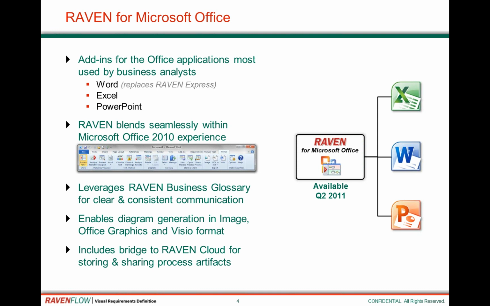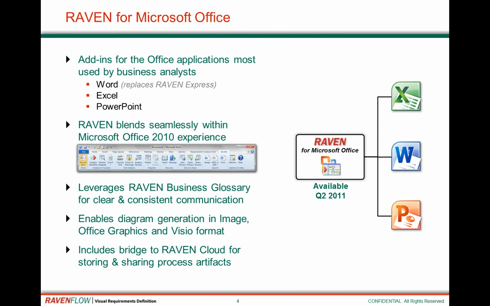As I said before, the Office product really can leverage the business glossary, so this is something that comes along with it, and it allows you to leverage a predefined terminology for the processes and use cases that you're analyzing, and allowing you to communicate with consistency and clarity for the entire project team,